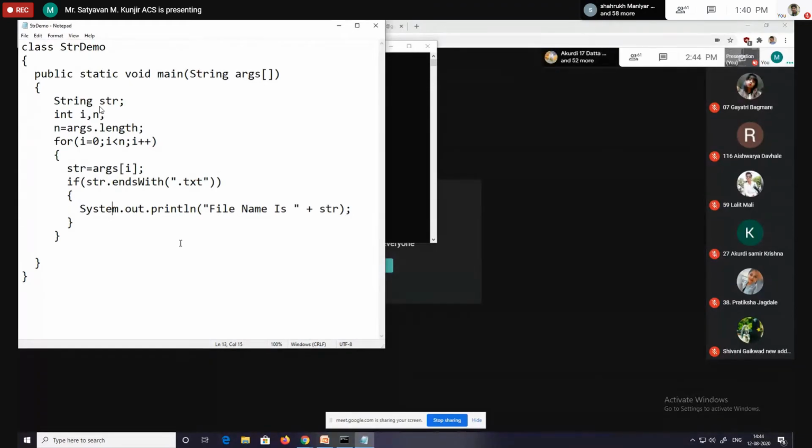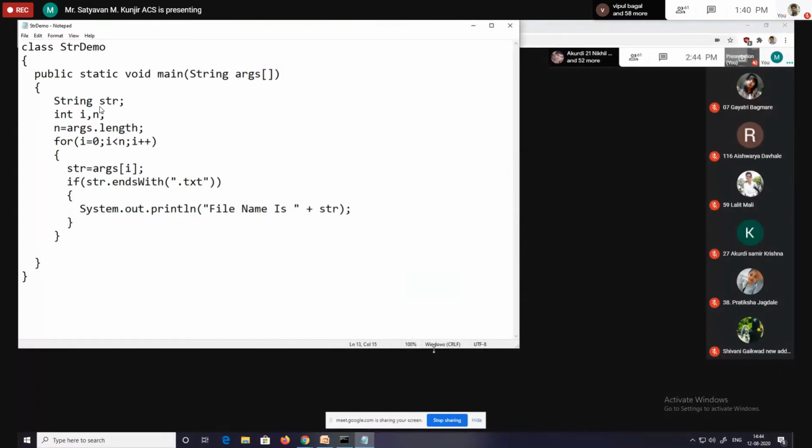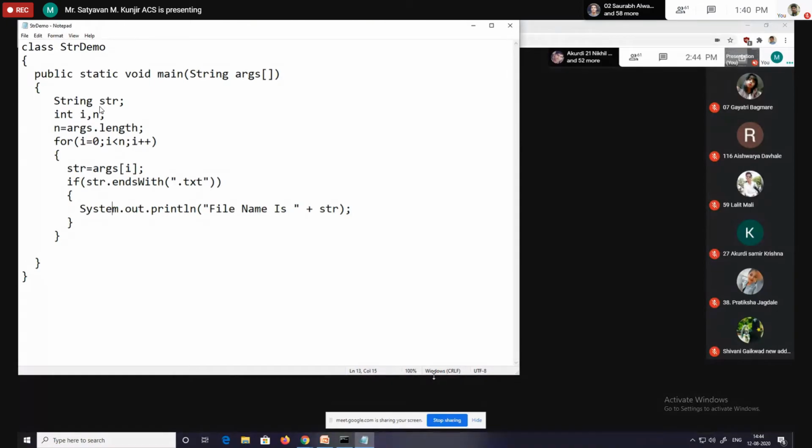Next example. Write a Java program to accept a string from the user and convert it into uppercase. Accept the string in lowercase and convert that string into uppercase. It is a small application, only 2 to 3 lines of code.